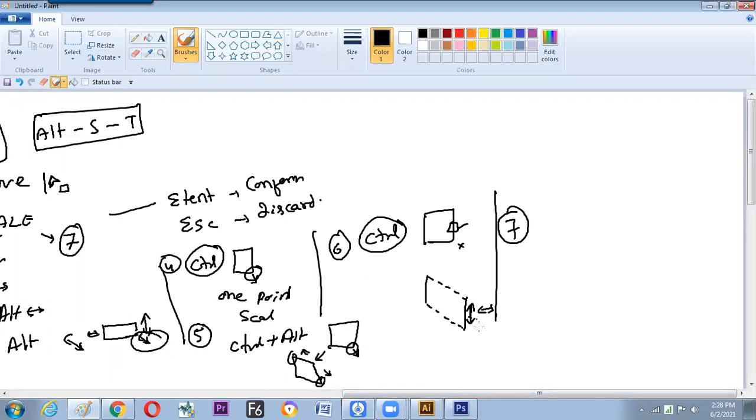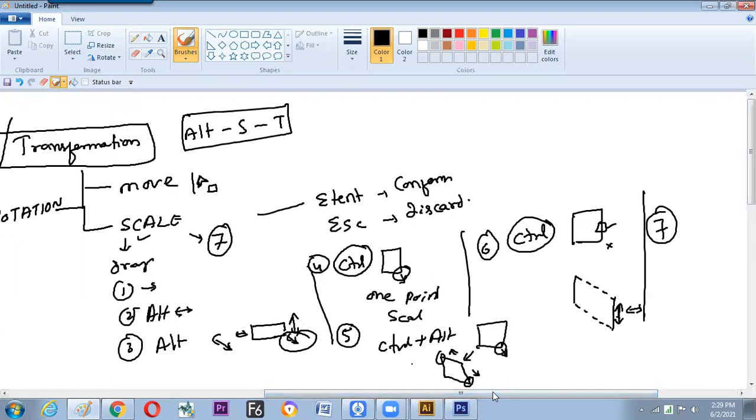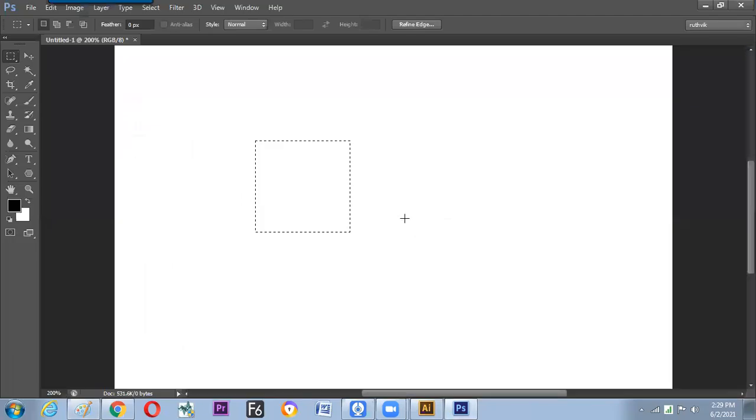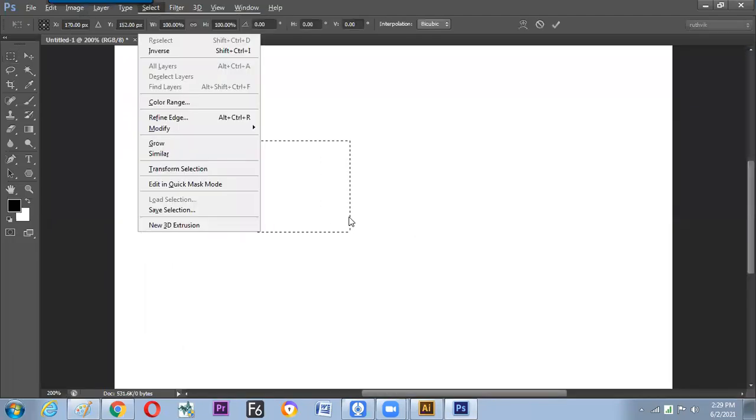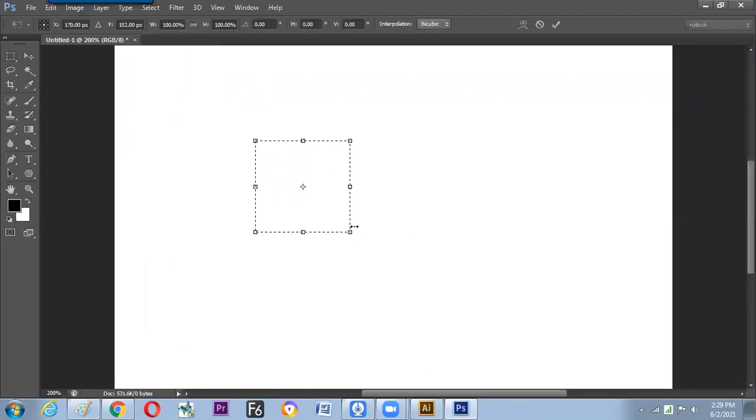So what we have seen, it is not only the tools or your present knowledge of dragging with your cursor, but left hand keyboard shortcuts play a major role. And Control, Alt. Then we'll move now to the next level. Alt S T, get the transform box ready. Now hold the Control and drag the corner. Hold the Alt and move to the opposite side.